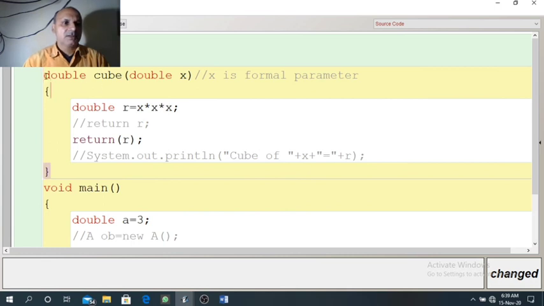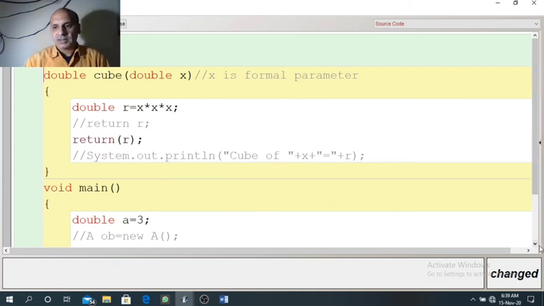When we look at these two methods, we have not used static anywhere. So both are instance methods because the static keyword is missing.